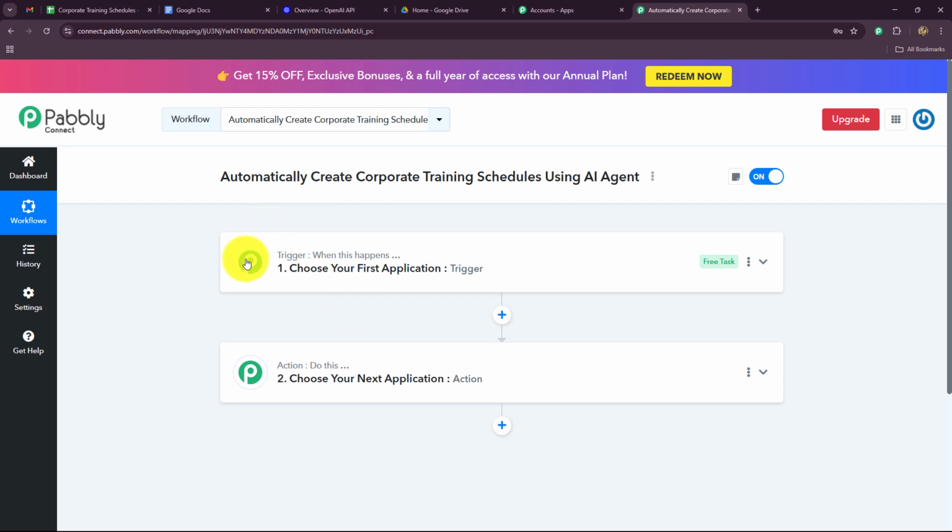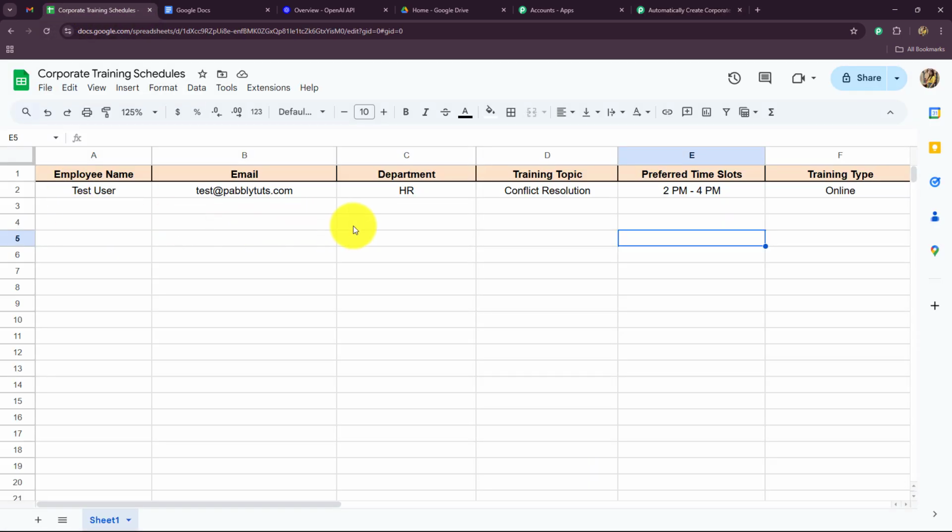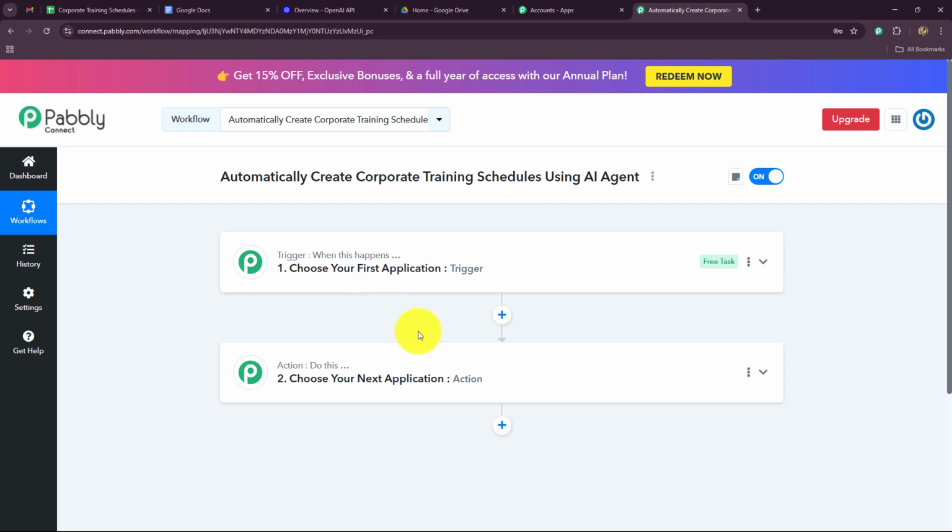Therefore, we can have only one trigger in any workflow, but we can add as many action steps as we want. Now let's suppose here I want that every time I receive a new employee who requires training, whenever a new row is added in my Google Sheets along with the details of a new employee, then automatically on the basis of those details, content should be generated related to the training schedule, a full document content that should be generated with the help of my AI agent, that is OpenAI. So for that, here I'm going to take Google Sheets in trigger and AI agent, that is OpenAI, in my